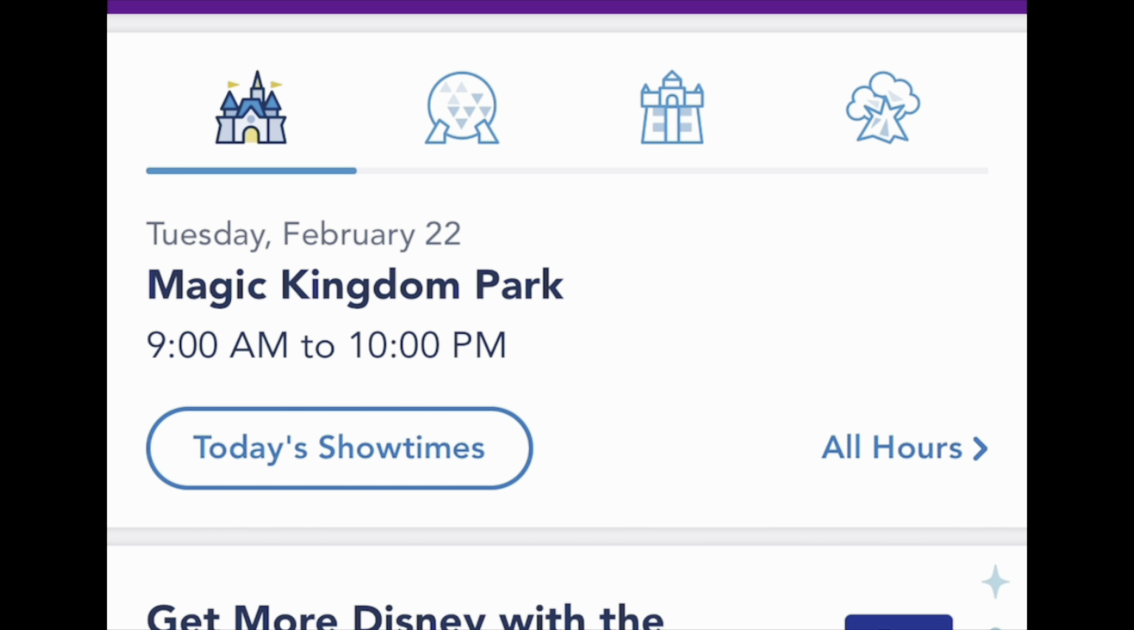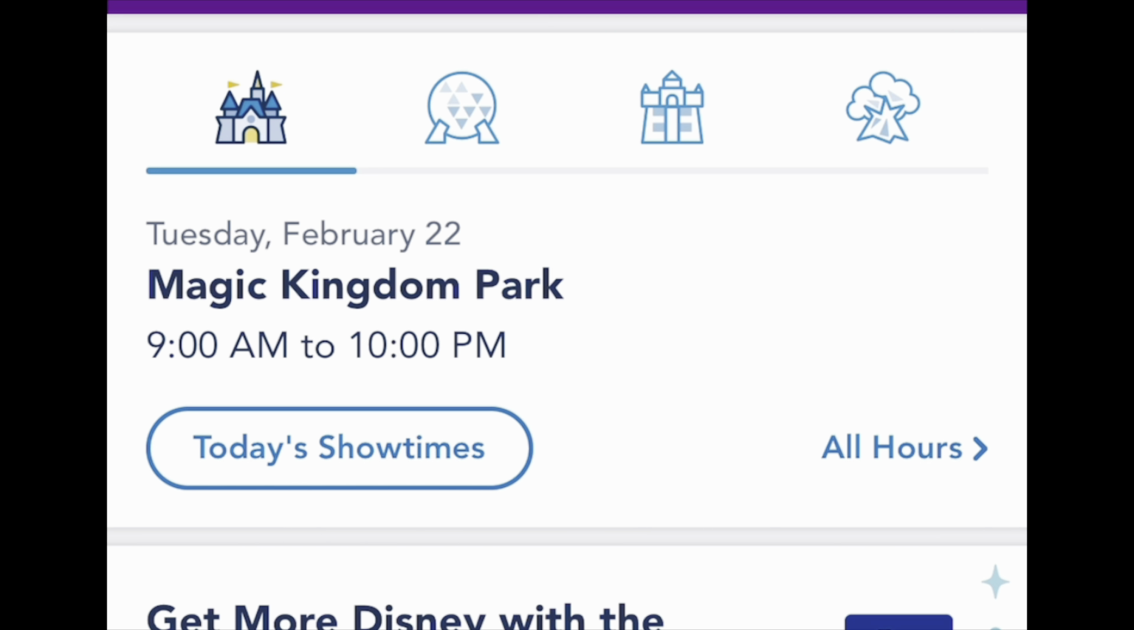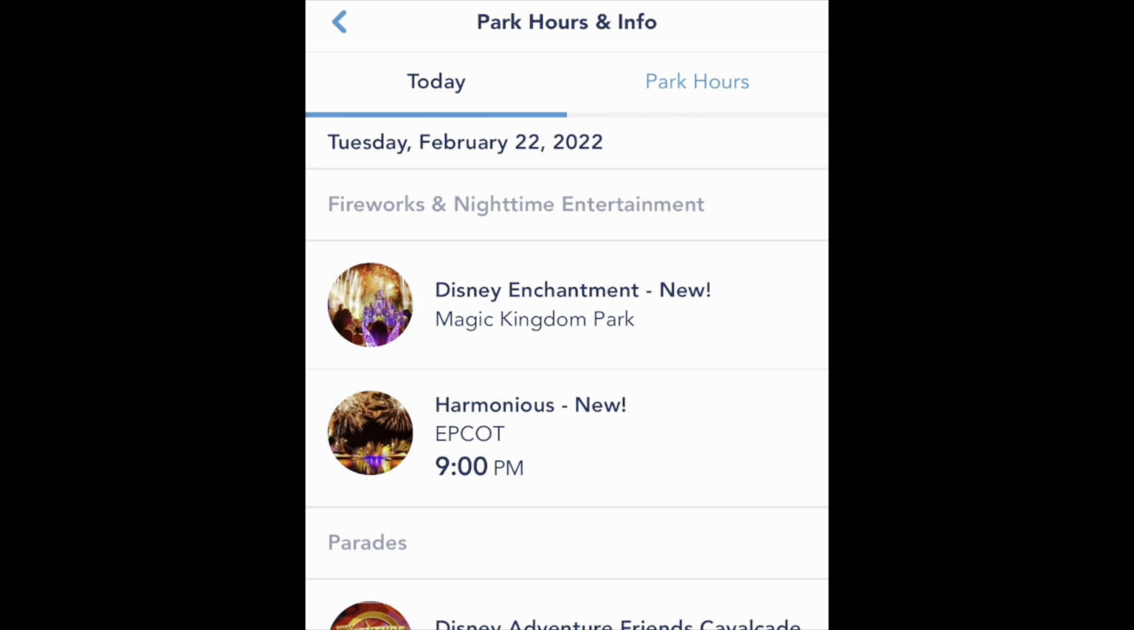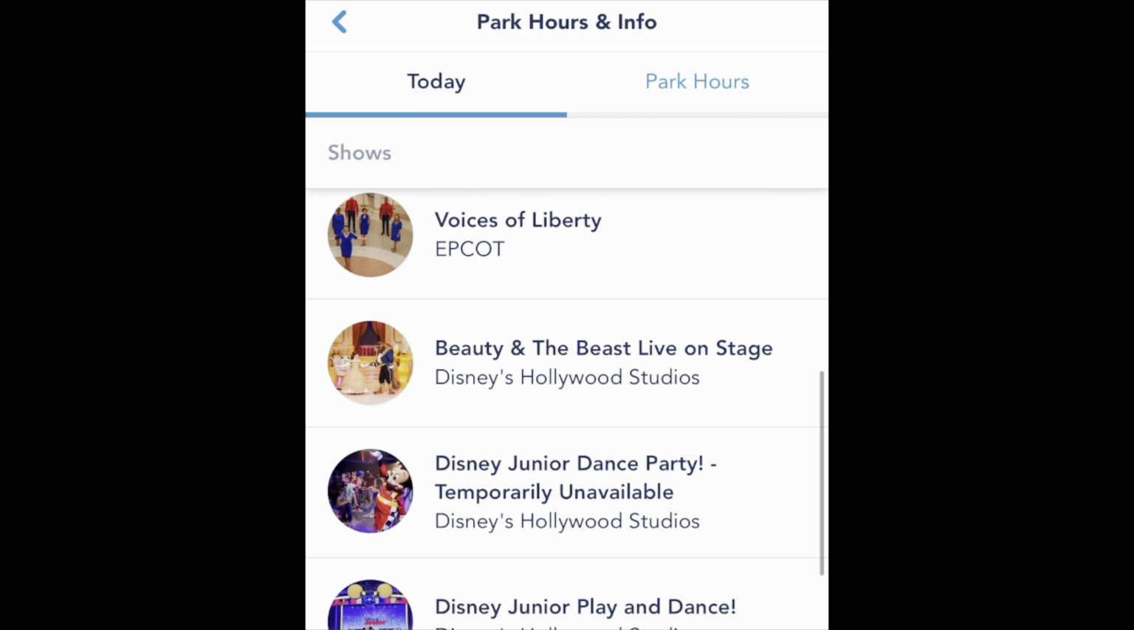The third feature down is the park hours and show times list. As you can see here, there are the 4 different theme parks, and it has what the current hours are for today. If we want to see what show times or experiences are going on at the Magic Kingdom, we can click that,